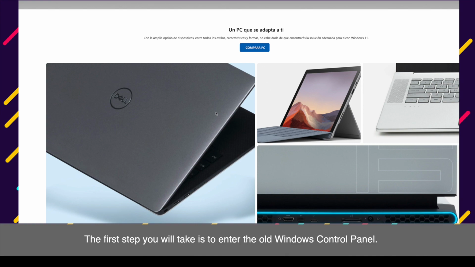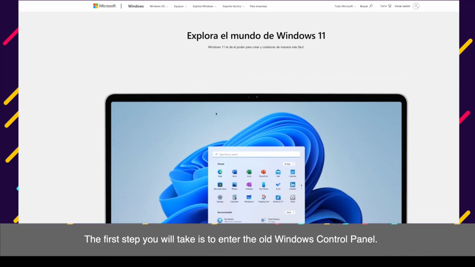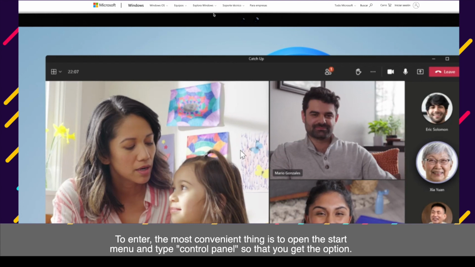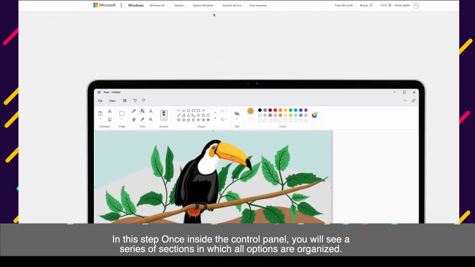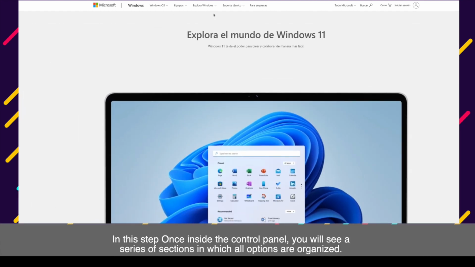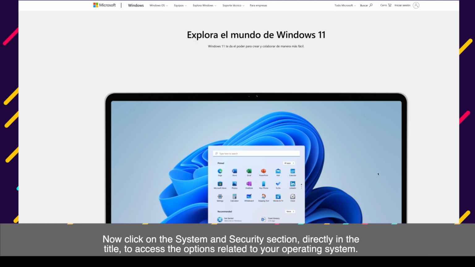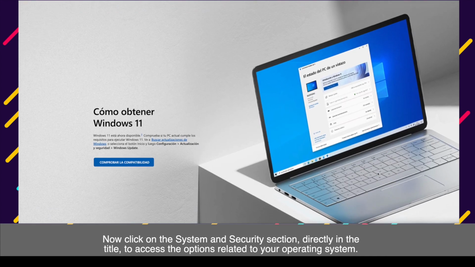The first step you will take is to enter the old Windows control panel. To enter, the most convenient thing is to open the Start menu and type Control Panel so that you get the option. In this step, once inside the control panel, you will see a series of sections in which all options are organized. Now click on the System and Security section, directly in the title, to access the options related